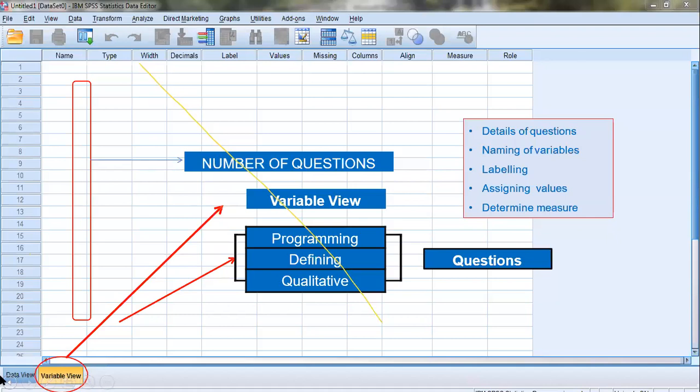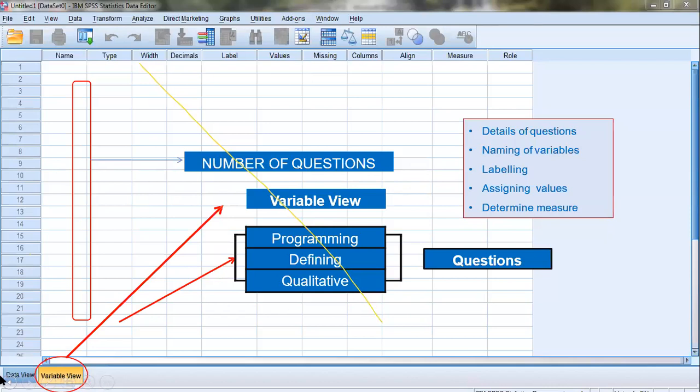See, it is like the same data view, but with a little difference. On the top of each column in the data view, it has a variable. Now we have to define each variable in the variable view. First, we have to know the name of the variable. Next, type of the variable.